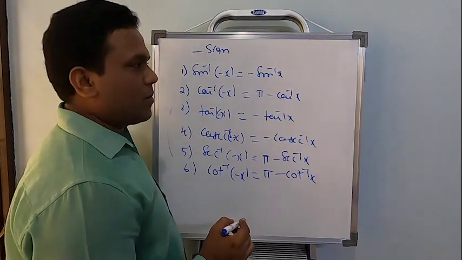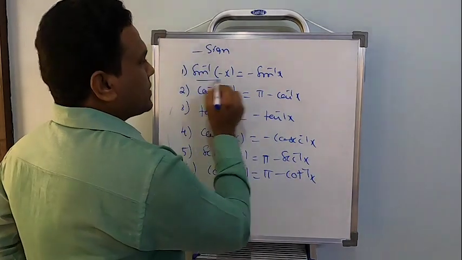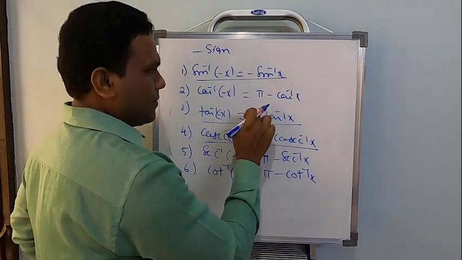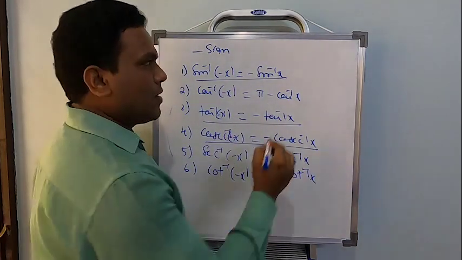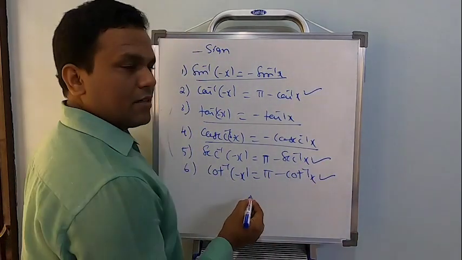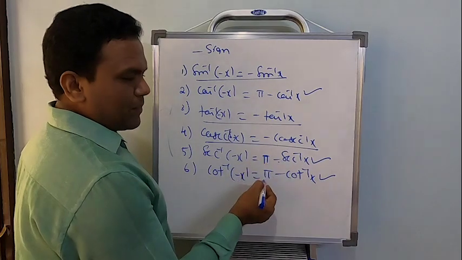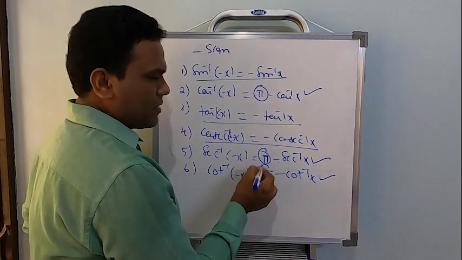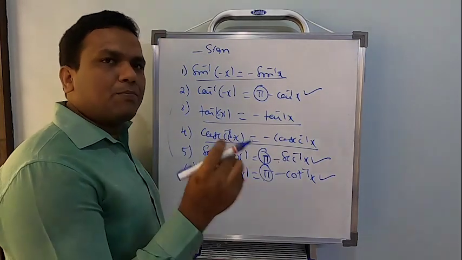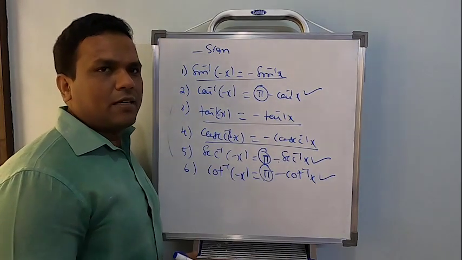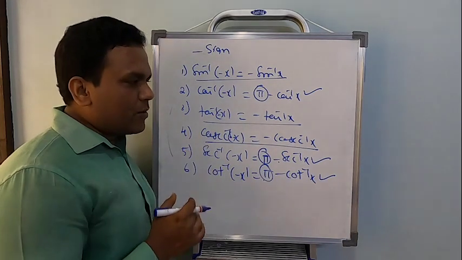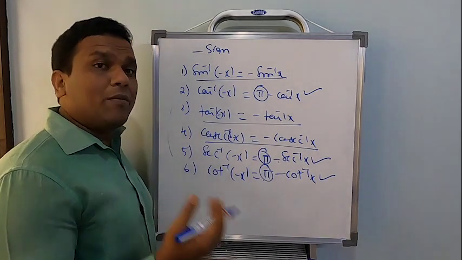Look at the formulas, how to remember. For sine inverse, tan inverse and cosecant inverse, only the minus sign on the right side. For cos inverse, secant inverse and cot inverse, a minus sign after pi in all of them. So 3 formulas start with just a negative sign, 3 formulas start with pi minus whatever the inverse trigonometric ratio you have taken. So that's a way to remember. I am telling you how to remember the formulas.